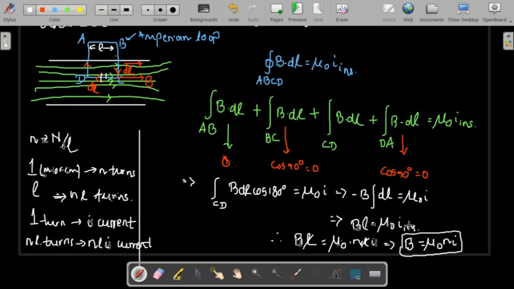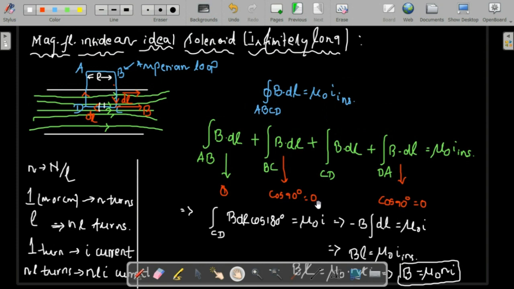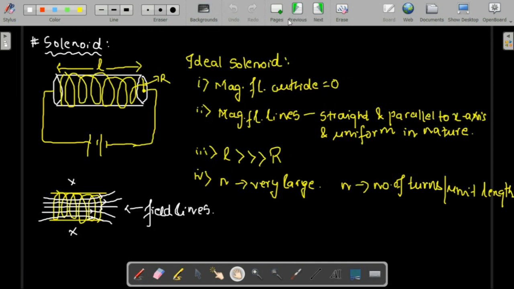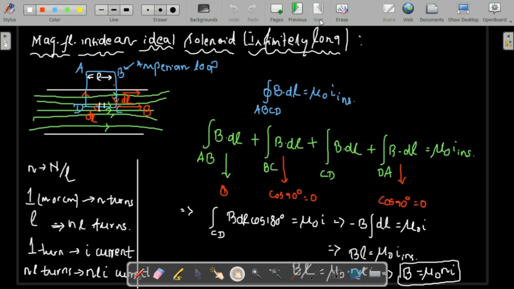So what we are doing here is using the same Ampere's law, and using Ampere's law we are finding out the magnetic field. If we have the topic of solenoid in this chapter, this is something which we should know. First, what is a solenoid? What makes it an ideal solenoid? And then, of course, what is the magnetic field? We can use the